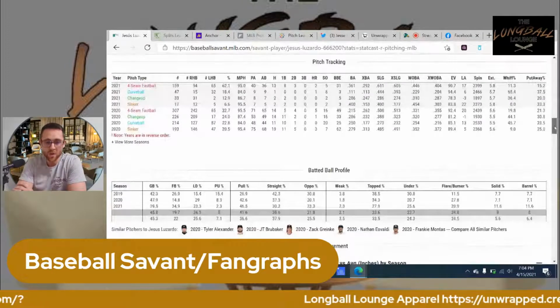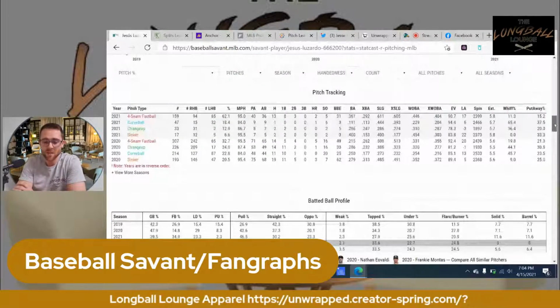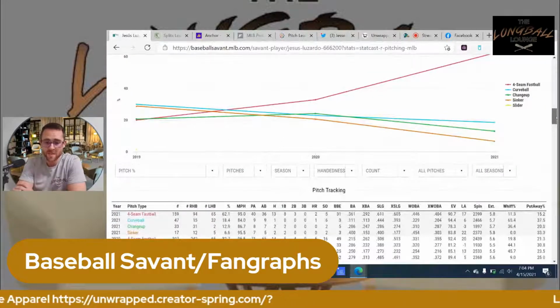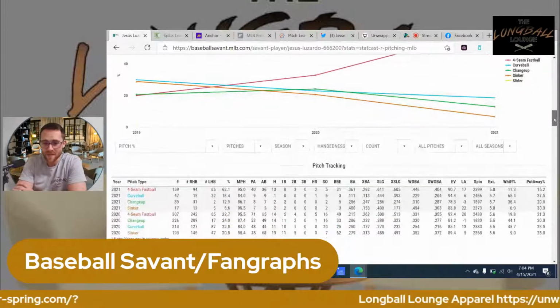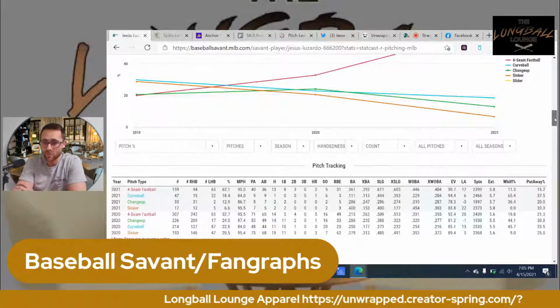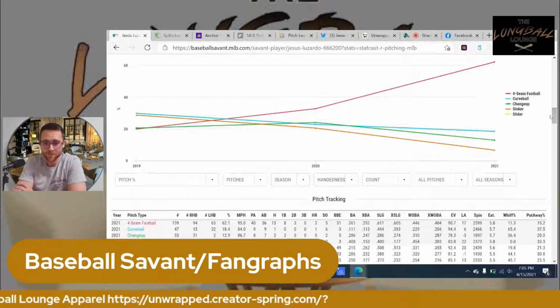We saw that firsthand with the Redlegs with Luis Castillo. Opening day, it was super cold outside. He was not throwing hard. He normally gets it up to about 97, 98 miles per hour. He was throwing about 95, 96 at the highest point. At the lowest point, about 93, 94. And when you throw it in the zone like that and you're pretty predictable, guys are going to crush you.